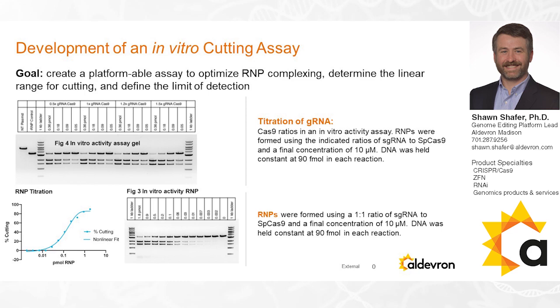As we move left to right in this gel for each specific ratio, there is a decrease in RNP concentration. You see that the highest concentration on the left here establishes robust cutting, which then diminishes as the RNP concentration declines. You might notice here, while you get some level of established cutting at the 0.5x ratio of guide RNA to protein, when you increase that ratio up to 1.5x, you really maximize your cutting potential. These findings were also borne out in cellular cutting assays where we saw similar results, which we will not